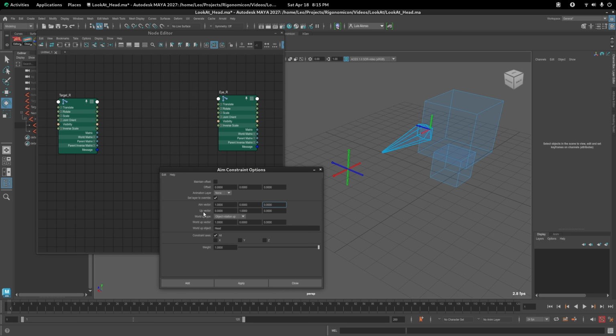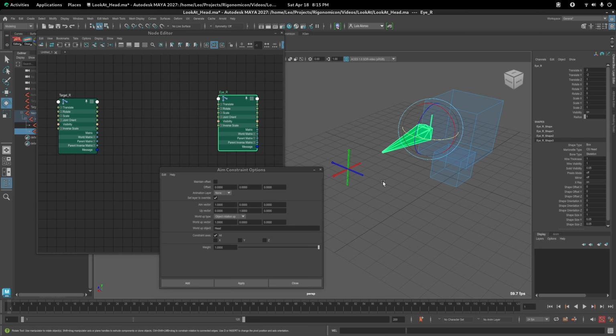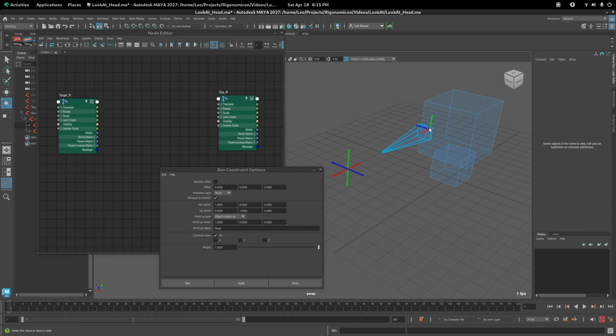Okay. The up vector, the one that's being referred to here, is the one of the object. So it's what it's going to use as an up vector here. If we wanted to, we could have said the blue one's the up vector, so that the Z points up, and we would put 0, 0, 1 because it's X, Y, Z, right? But in this case, we're going to leave it at 0, 1, 0 so that the yellow vector goes up. The one thing you don't want to do is make it the same as the aim vector. That is a mathematical no-no. You want to have a different vector, a different